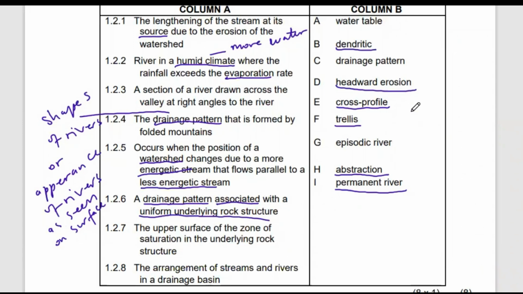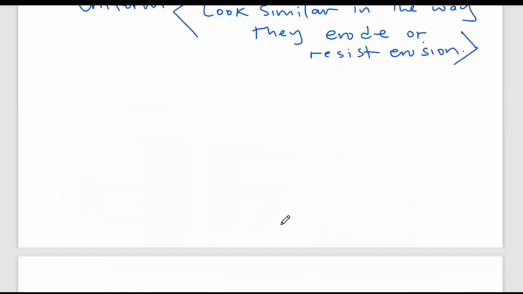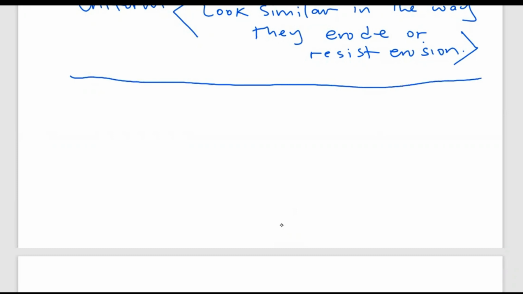1.2.7, which says the upper surface of the zone of saturation in the underlying rock structure. The upper surface of the zone of saturation in the underlying rock structure. What does that mean? Okay, let's try to illustrate here once again. Now for this question, you need to understand two concepts here. We have to understand what is surface runoff, which refers to